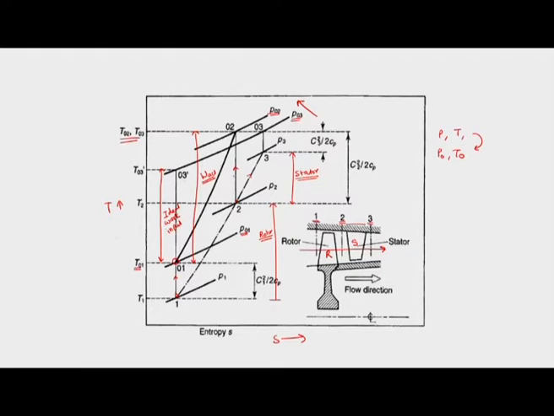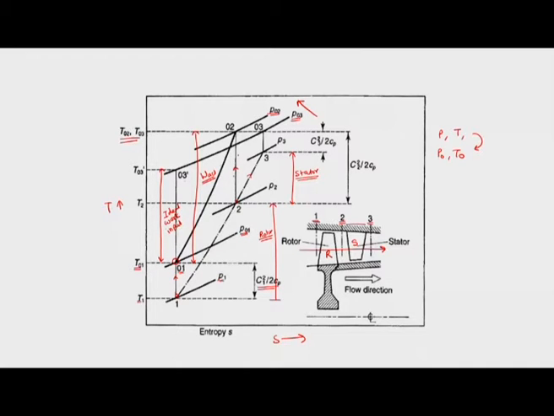Okay. So, we would have otherwise needed smaller work as input if we would have done the isentropic compression. So, this is the TS diagram. As what we know, if we are at 1, which is static pressure P1 and static temperature T1, then if we stop isentropically, we get the stagnation 1 condition. The corresponding difference is half C1 square upon Cp.